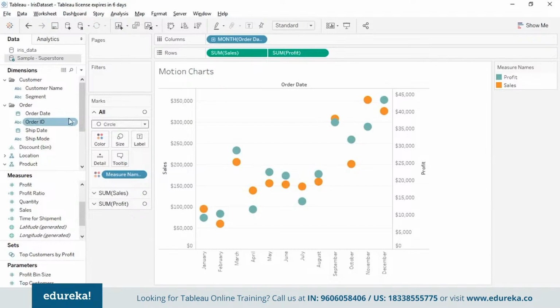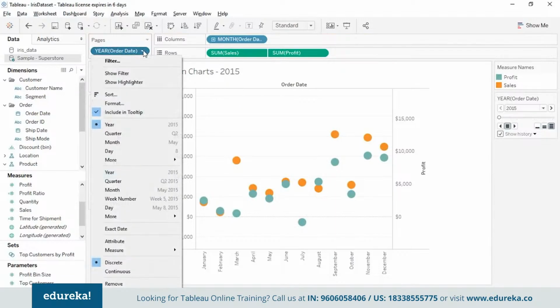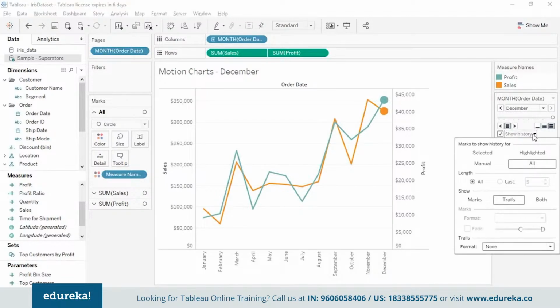And I'm going to be dragging the order date into the pages shelf, and I'm going to change it just the way it is in the columns, which is by month. All right. Now on the right, remember I had asked you to keep an eye on the right of the page. On the right, we have this option called show history, which for me is already checked in. I'm going to go there,